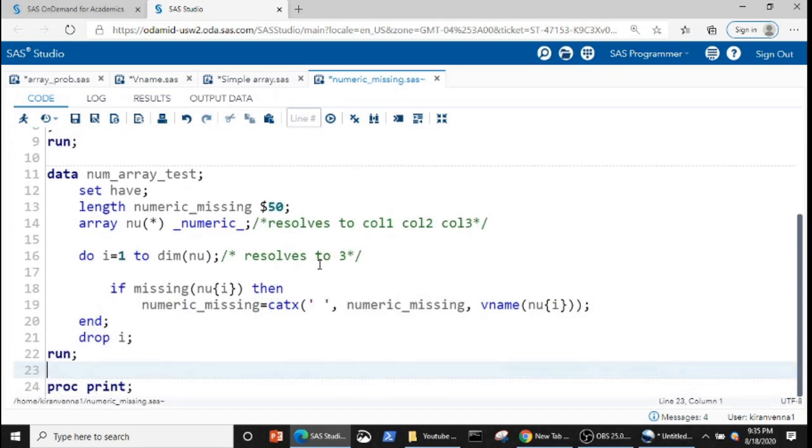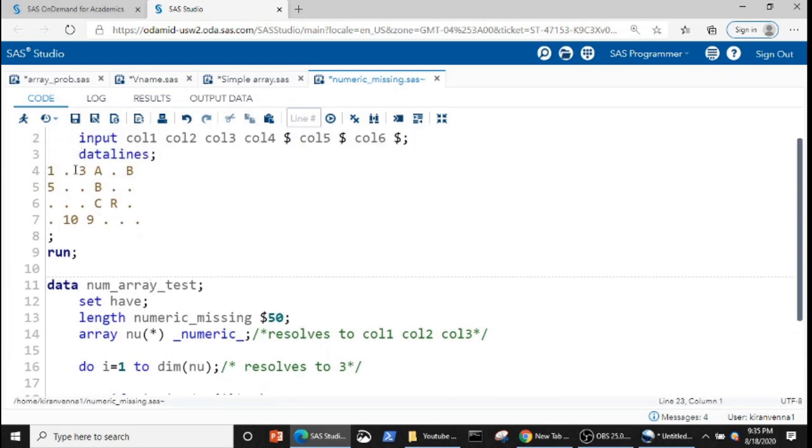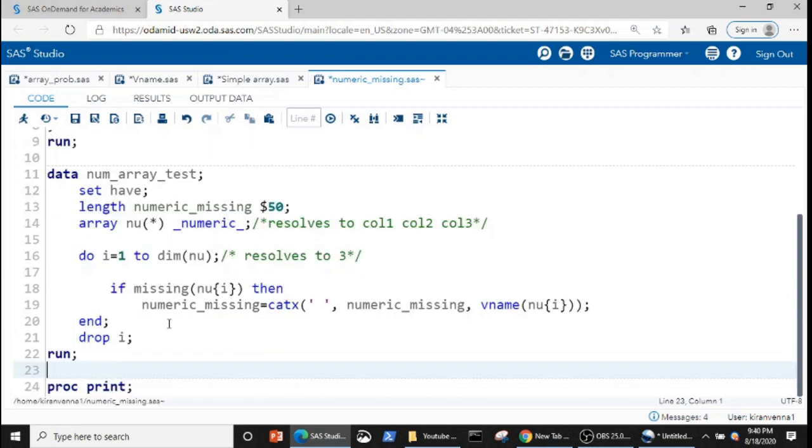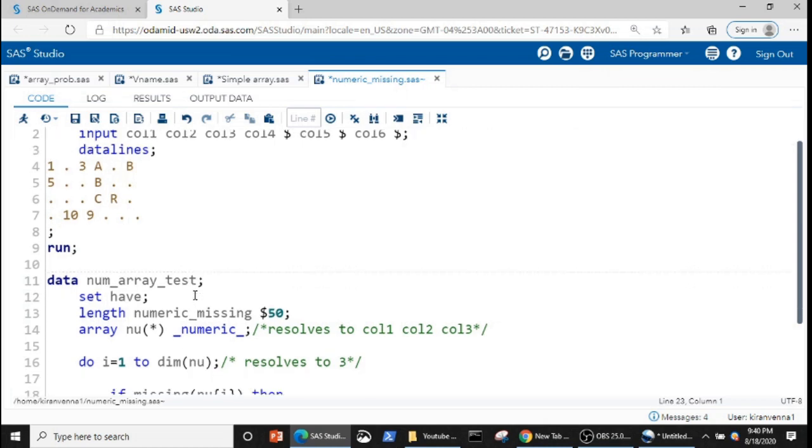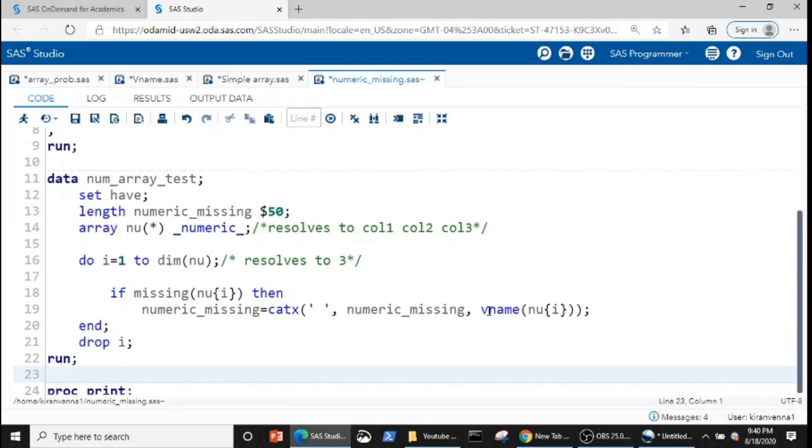When we go to i equal to 3, nothing happens here because there is a value. So for the first observation, the numeric_missing variable has the value call2.